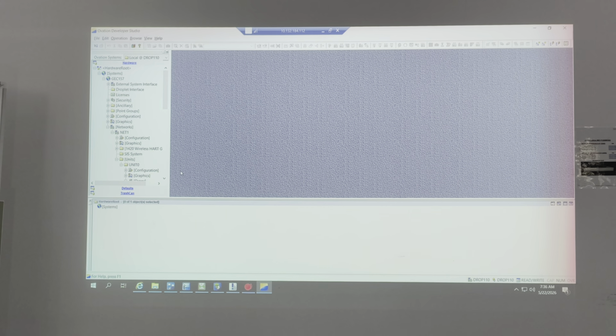Okay? Now you can see from here, there is the graphics. But if you go down, again you can see graphics. Here, again you can see graphics.